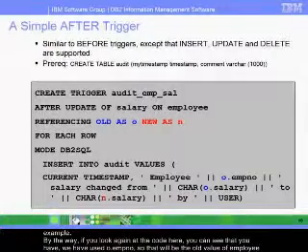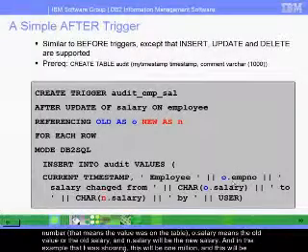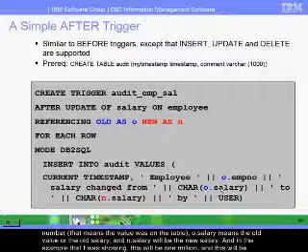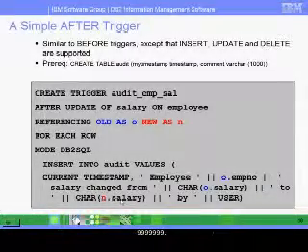By the way, if you look again at the code here, you can see that we have used O, which is the old value of employee number, or salary, meaning the old value of the salary, and N, which will be the new salary. And in the example that I was showing, this will be 1 million and this will be